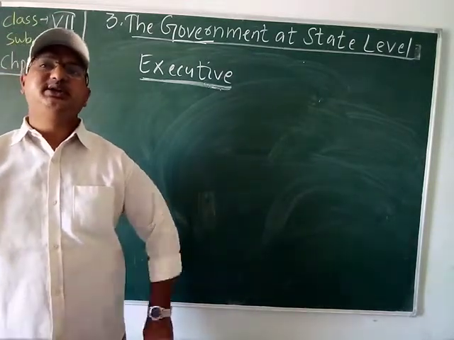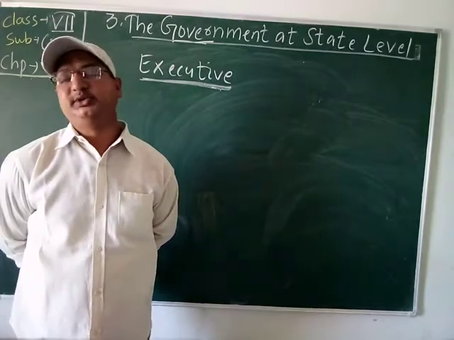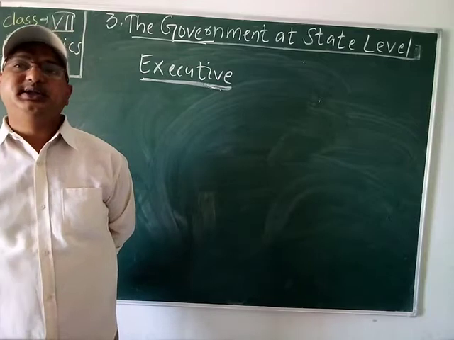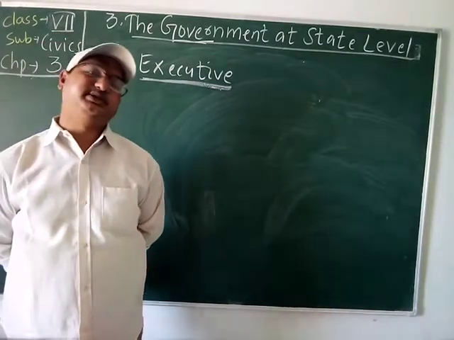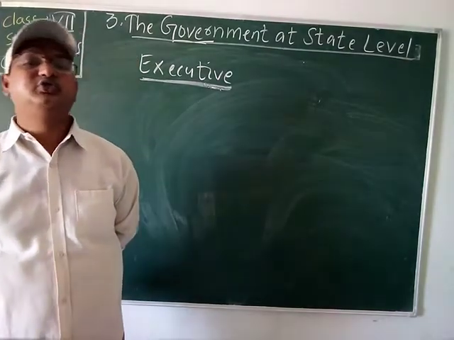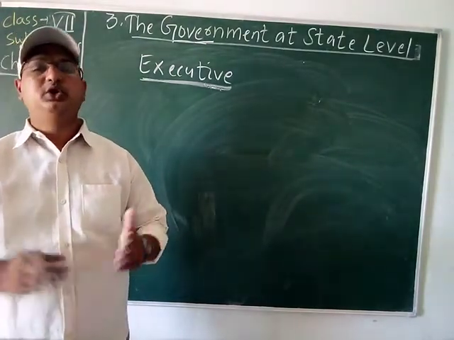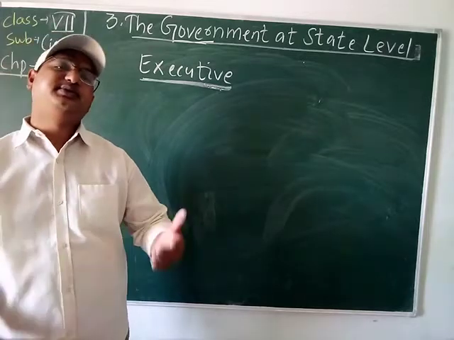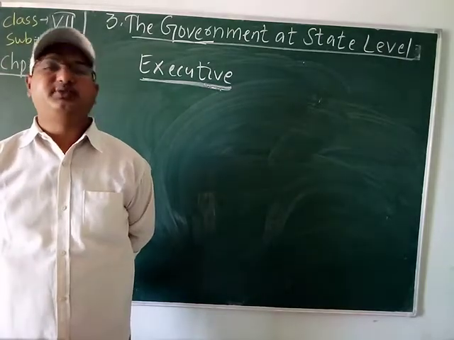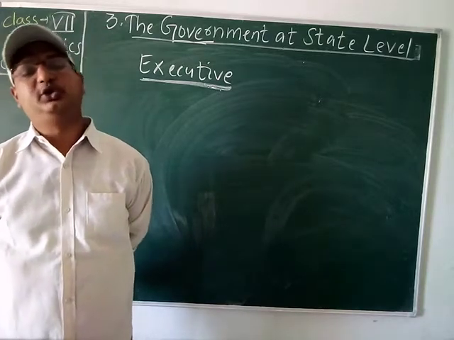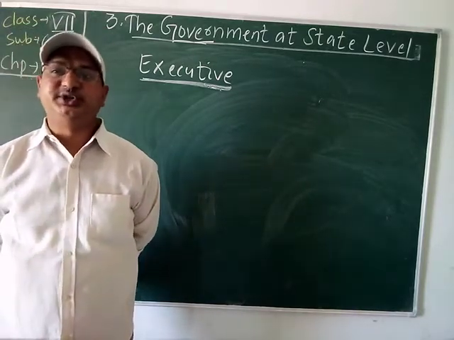Students, this is done under the supervision of certain government officials. As I have told you, it is all about the administration. These officials are called civil servants, or they are also known as bureaucrats. These are administrators who rule the districts by different laws. Therefore, it is also known as the administration. The executive body is also known as the administration.